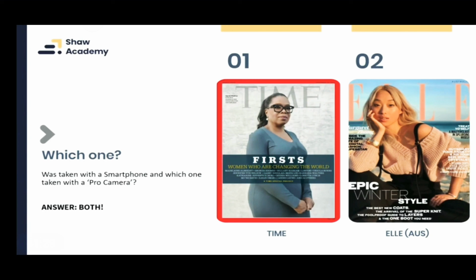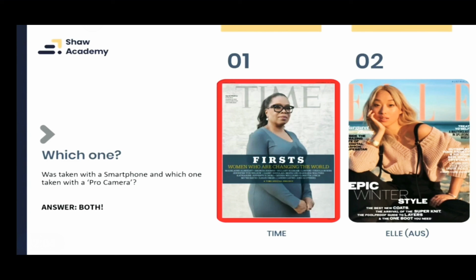I think there were different iPhones that were used, but it just kind of goes to show that it really isn't about the quality of the camera that you're using, that you don't need a professional camera to capture professional quality photographs. Now, certainly with the Time magazine cover, I think a trained eye will see a little bit of the quality lacking compared to the L cover, but the quality of the light, the quality of the setup in the L magazine shot, you just wouldn't know that it was taken with an iPhone.